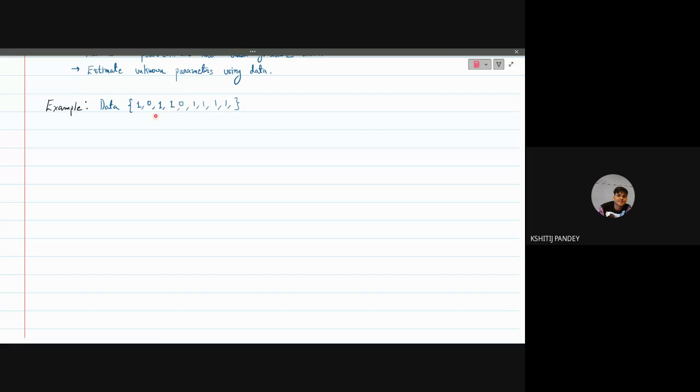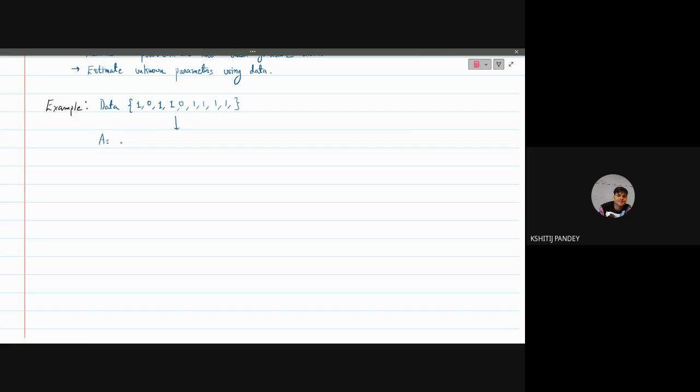Now, as the data has only ones and zeros, we can say that this data is coming from tossing a coin, where 1 corresponds to heads and 0 corresponds to tails, right? We can say that. So what we have concluded from the type of data we have,